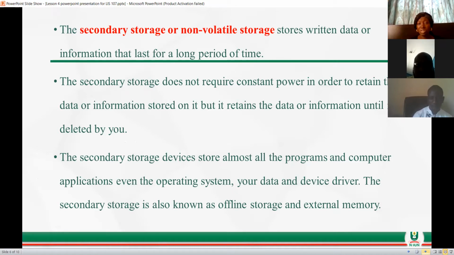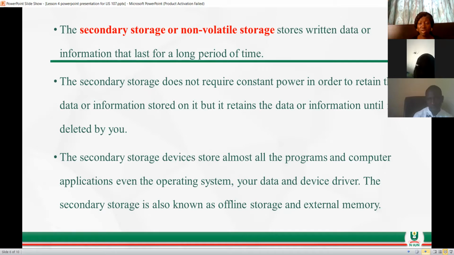What secondary storage does is that it stores information that can last for a long period of time, information that cannot be deleted, information that you do not need power to retain, information that will only be lost when you delete it, or when the storage is corrupted. So the secondary storage is what stores all the programs in the computer, the operating system,